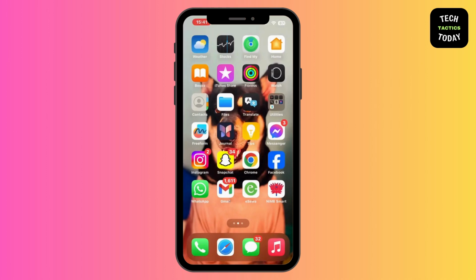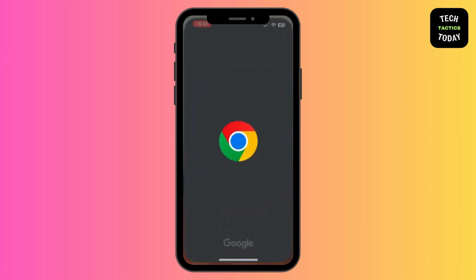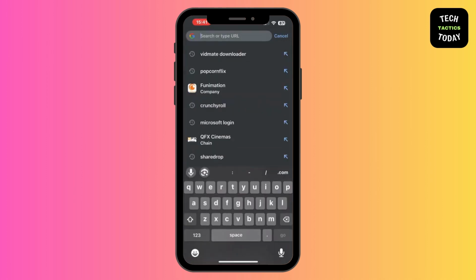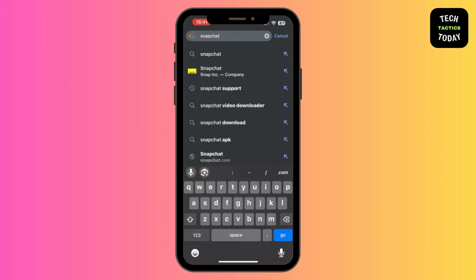After that, you have to just go to Google Chrome here. Open up your Google Chrome. Once you have opened up your Google Chrome, you have to search for the app to download, just like Snapchat here. After searching for Snapchat,